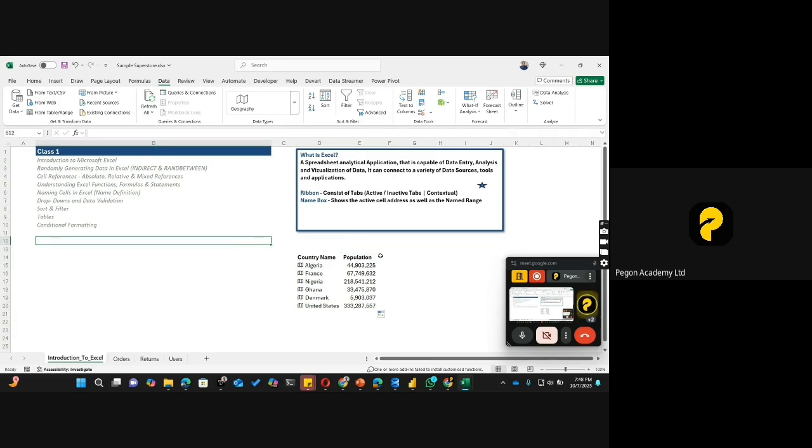So let's talk a little about cell address while we're still exploring. So cell address. Now, what is cell address? Basically, a cell address is a destination of the of you can